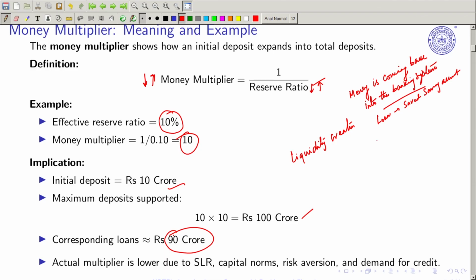But suppose I withdraw the hard cash and then I keep it in my home and it is of no use, then there will not be any impact. Which means that the leakage for the money multiplier is the money that goes out of the banking system. Because if you are going for a barter system transaction, goods for goods, then there is no role for the money multiplier. The money multiplier applies only when money stays in the system, and there is a role for the reserve ratio. This is what it implies.